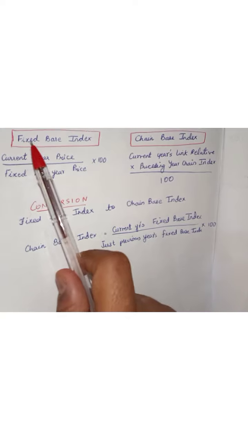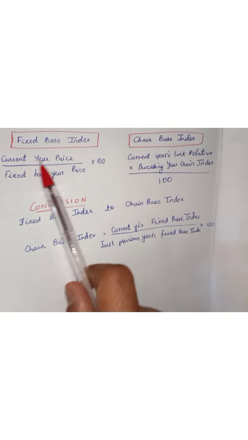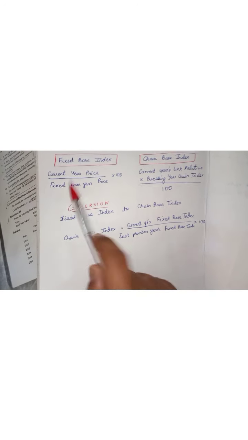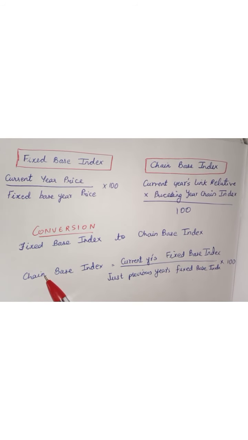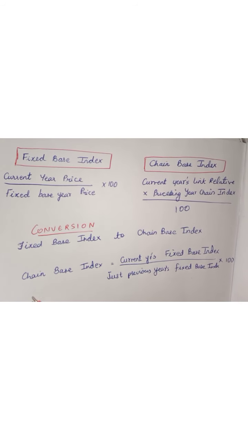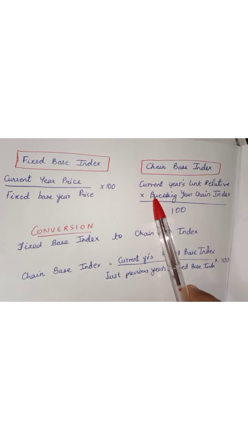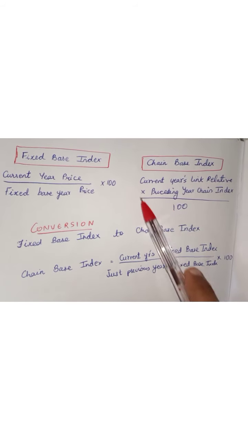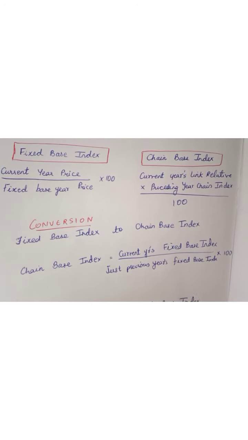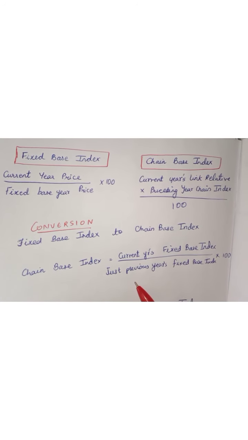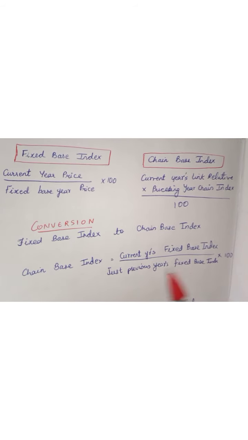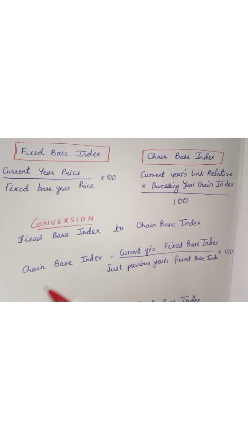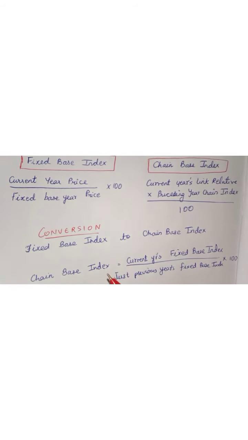If you closely observe, in fixed base index and chain base index we were focusing on the price variable, whether it was of the current year or of the fixed year. One thing to note down is, when we find chain base, remember the chain base general formula. The general formula said that the preceding year has to be calculated. In the chain base we had a term of finding the preceding year's chain base. Similarly, the same thing we are going to use here also. Just previous year means just preceding year. So this is the concept in chain base. Whenever you want to find the chain base, you use the concept of the preceding year. This is how we find chain base index.